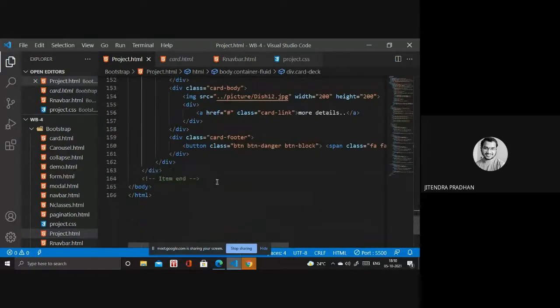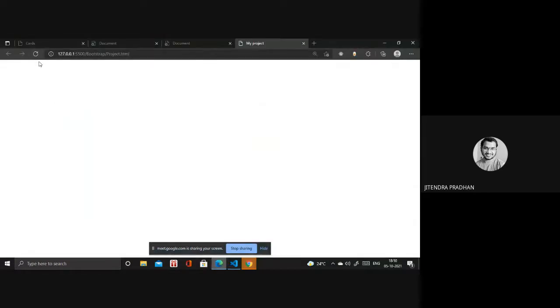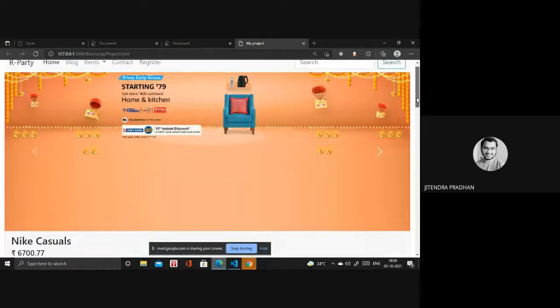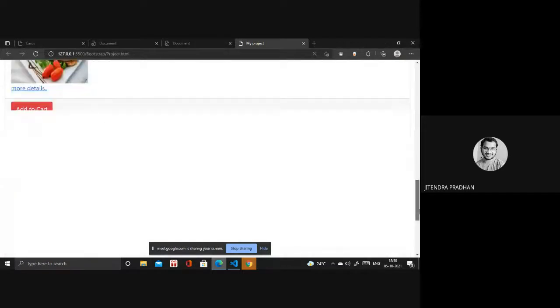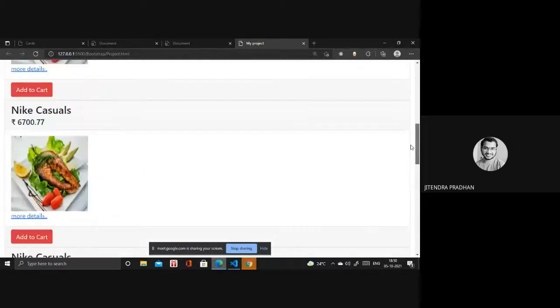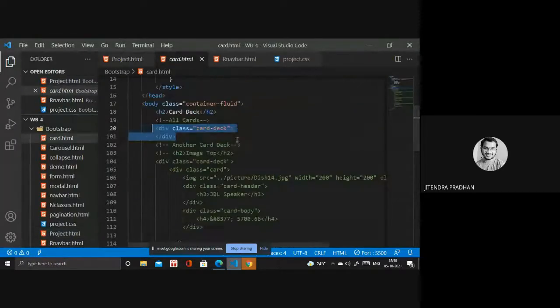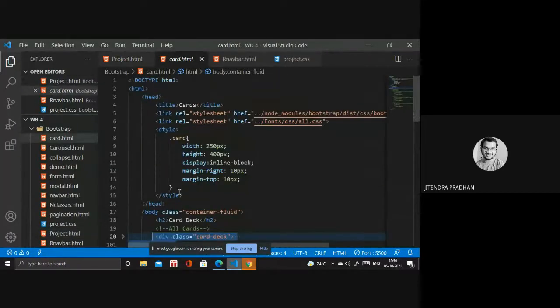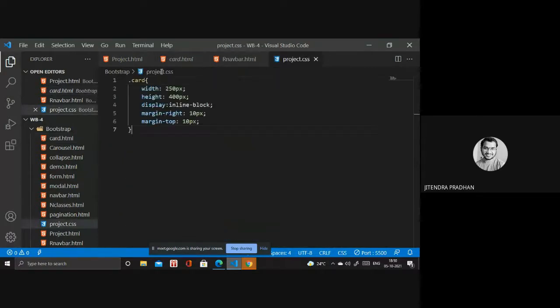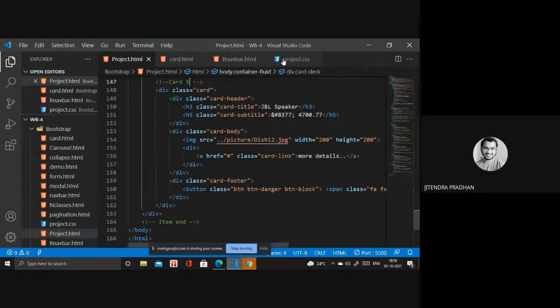Okay, it's done. So let's see how it looks. It looks like that before, because we are not using any particular classes still. So we need to use the classes before. So what are the classes we need? That part. Okay, so I'll copy and I will add the project, and I need to link that particular project.css.